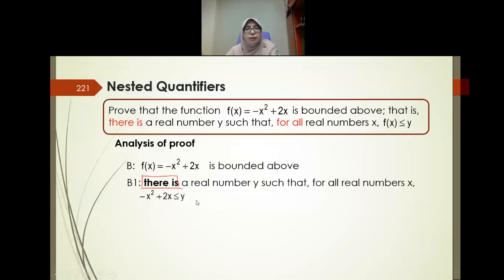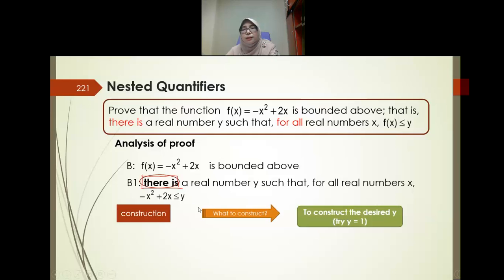construction, right? Using construction. So what to construct? You want to construct the desired y. Here there's no formula to construct y, so let's do trial and error. Here I try y equals 1 first. When I try y equals 1, I rewrite the statement: for all real numbers x, negative x squared plus 2x is less than or equal to 1. So here, for all, in a backward process,